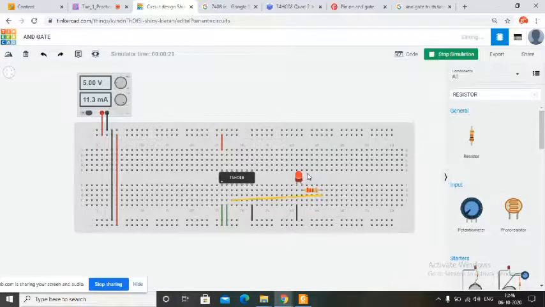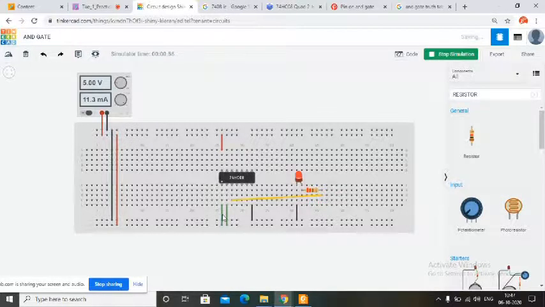Which law is applicable here? You have studied it in plus two. Ohm's law. So what does Ohm's law state? Sir, the potential difference across the ends of a wire is directly proportional to the current flowing in it. Yes, V is equal to IR. So if resistance is more, the current will be less, and if resistance is low, the current will be high. Resistance and current are reciprocal, right? At this moment, how much voltage are you supplying? 5 volts. So at 5 volts it is working perfectly.